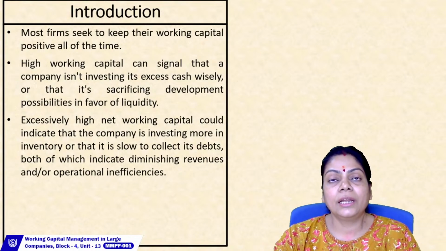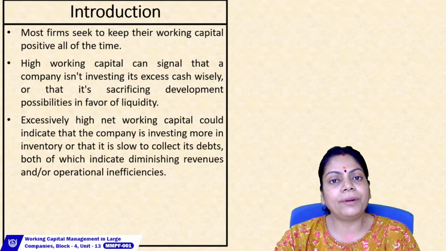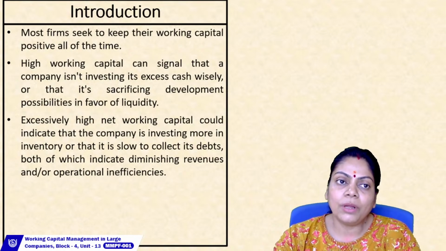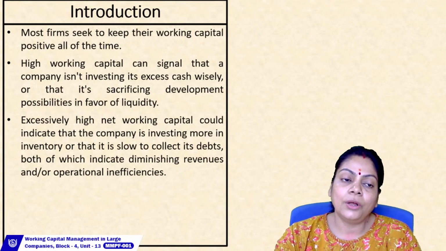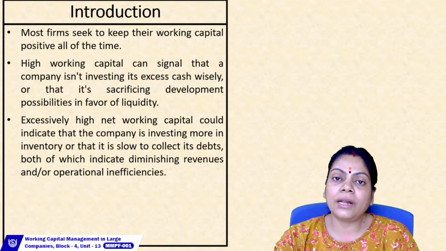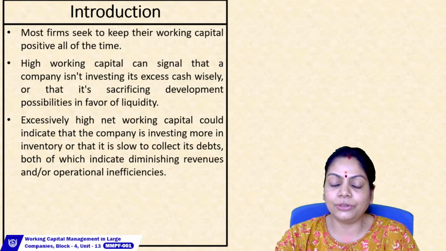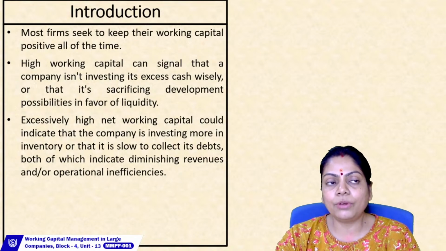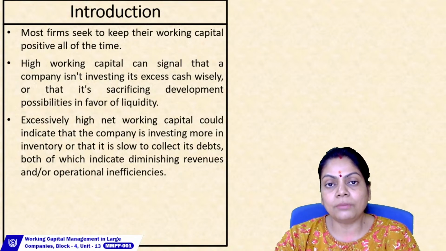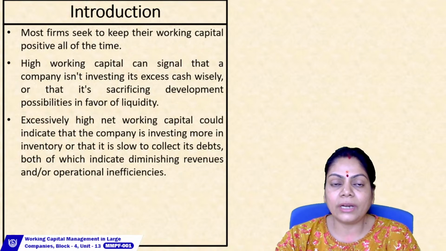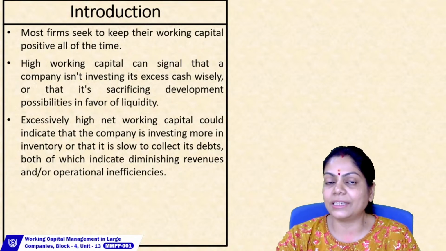So then your ratio will be maintained at 2:1. But if I maintain my current assets at, let's say, 400 or 500 rupees, my current ratio will be very high. Now if 2:1 is the norm, then more than that should be very good. But a very high level of working capital does not always mean that the company is actually doing well. In fact, a very high level of working capital can signal that your company has an excess amount of cash. And we all know that cash is the most idle of all current assets.